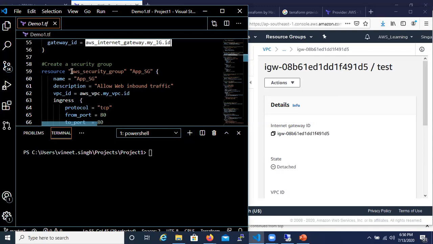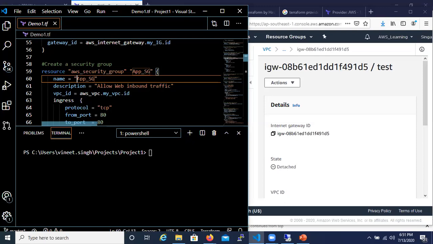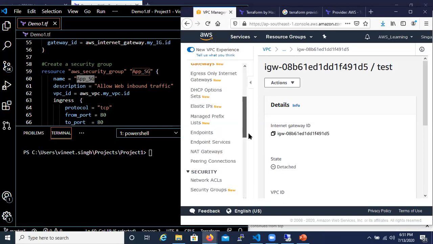So in here, you can see on AWS, we are going to create a security group. This is the name which I've given for Terraform to manage it, and the name on my AWS is this. Whenever you are creating a security group, the description is mandatory. And then this security group, you are going to associate with a specific subnet or related to a VPC.